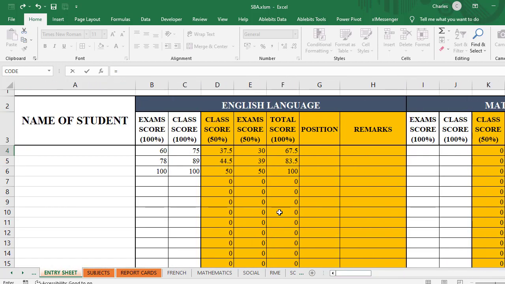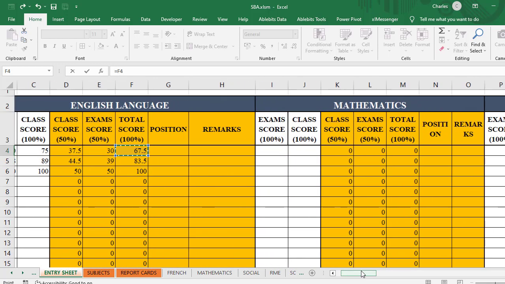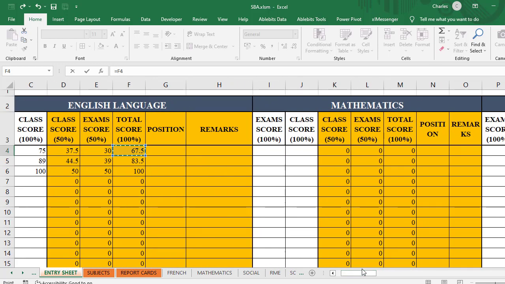Still the formula is working because you see it here. It's equal to this one. So the student that is in this cell will have this one plus this one, mathematics total score, plus